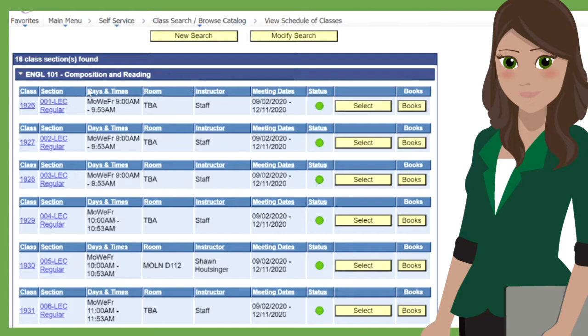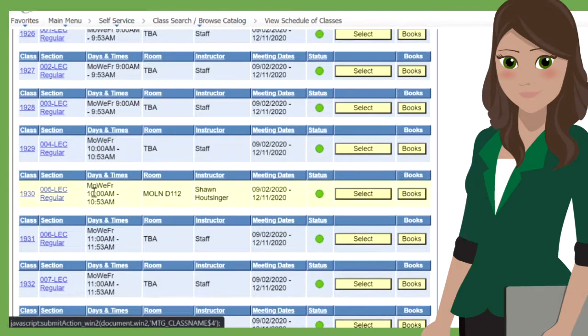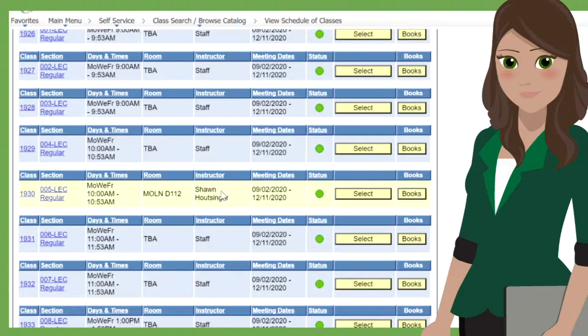So we have our class numbers, our class sections, the time and date the class is offered, the location of the class, as well as the instructor. If you see staff, that means the instructor has not been assigned yet. So you can go ahead and look at the different times and pick a time that works with your schedule. So we're going to select the 10 o'clock with Professor Sean Haltzinger. You're going to click Select,